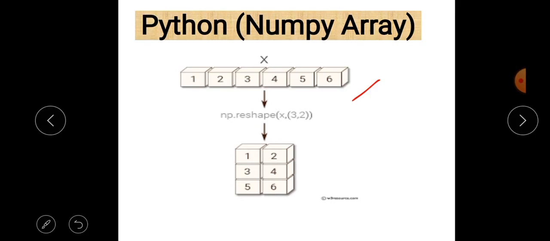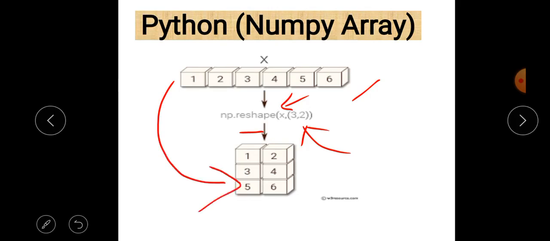The name of the function is reshape, and then we can pass parameters inside it. As you can see here, we just pass the value x. x is the name of the one-dimensional array, and (3, 2) means 3 rows and 2 columns. So this one-dimensional array is converted into a two-dimensional array which has 3 rows and 2 columns.